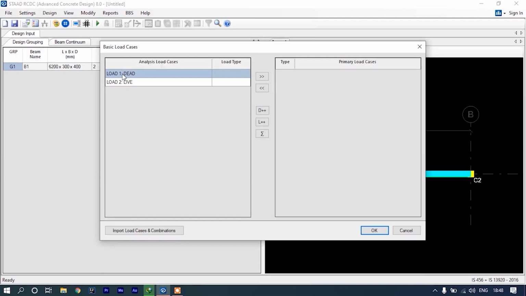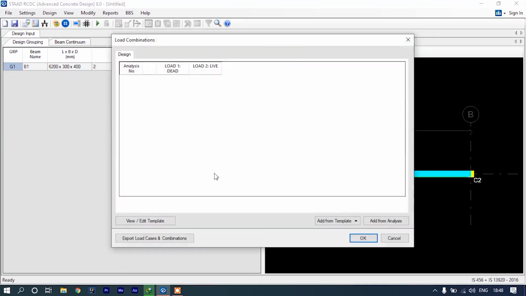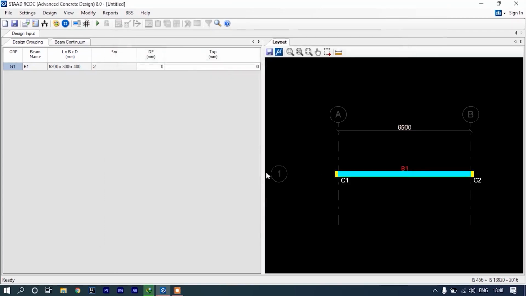Under basic load cases, in our analysis part, we have defined two load cases as dead load and live load. Specify the load type, give dead, and this is live. Select both of these cases, click OK. Now in the analysis we have defined a loading combination, so import from analysis, click on OK.